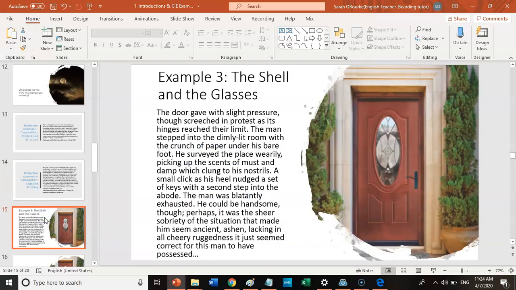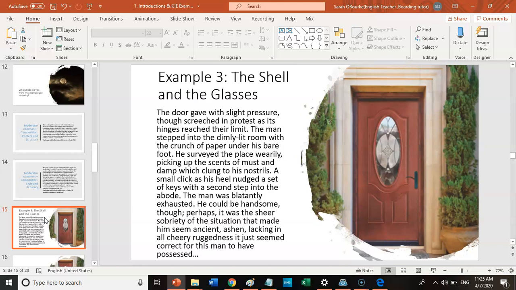Finally, we are going to have a look at example 3, which is called The Shell and the Glasses. So, once again, please pause this screen and read that story before we continue. Okay, let's read just this one example paragraph together. So it says,